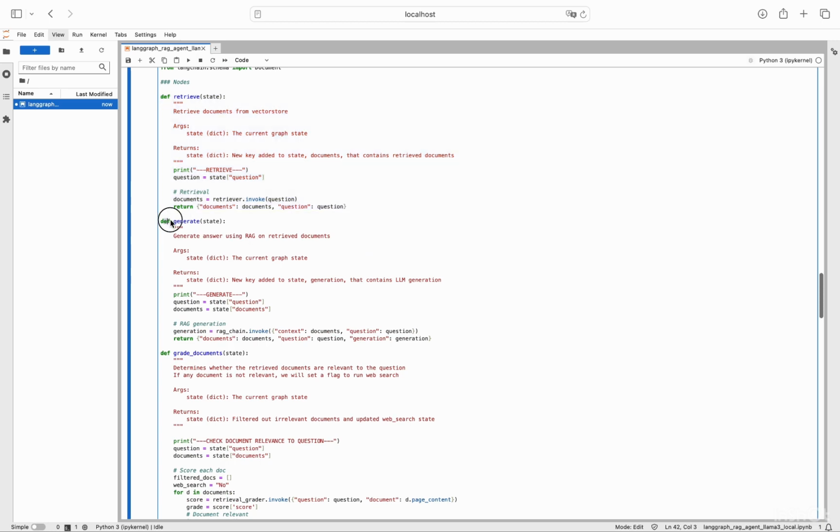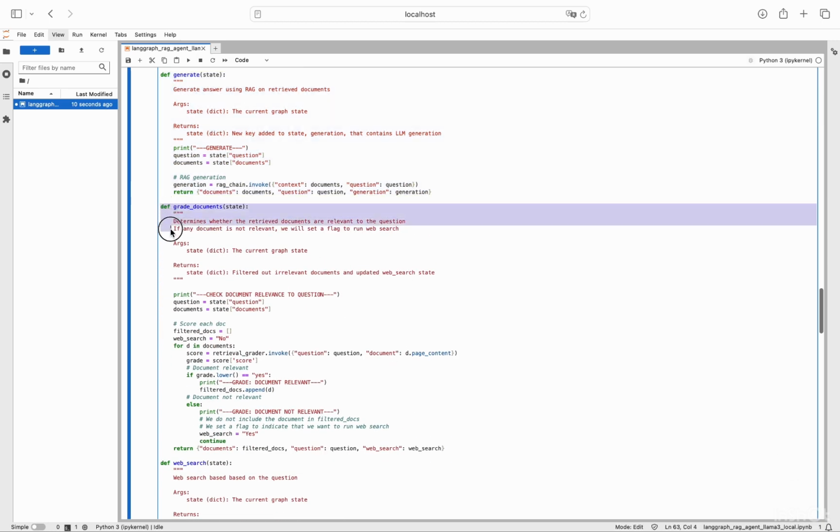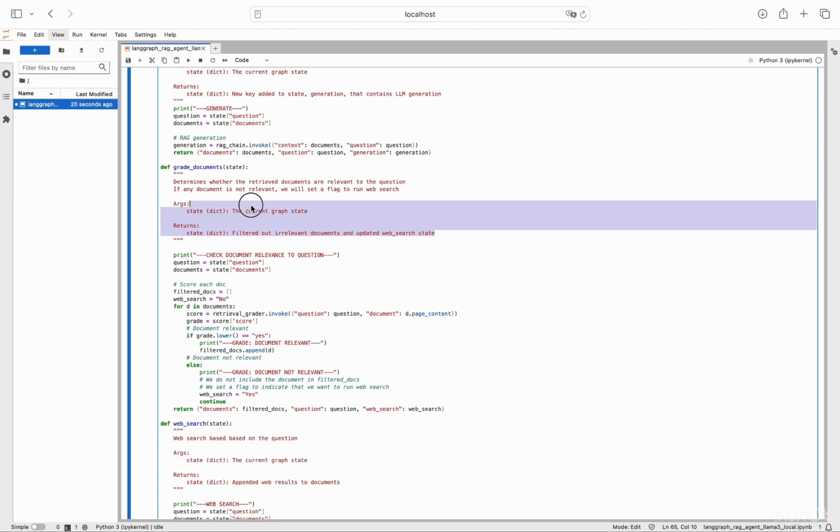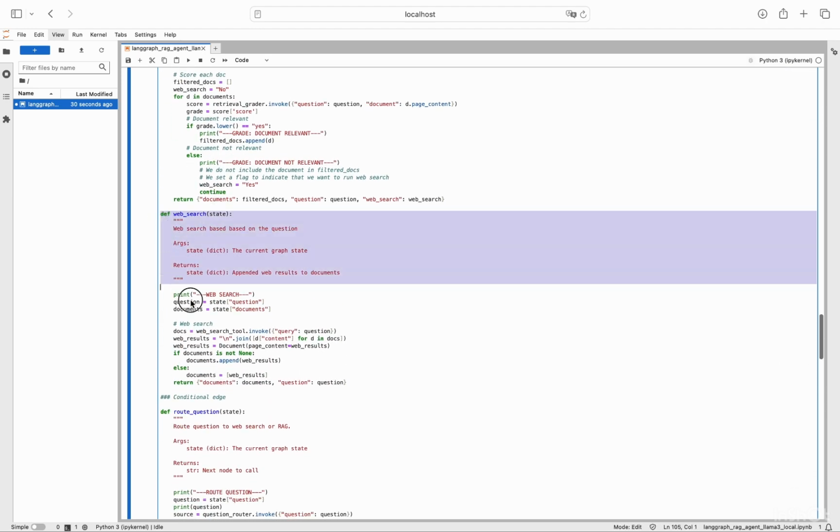We have the generate, we have the grader doing the grade. And remember, we are calling all the functions that we have defined previously and doing some invoking for the grade and printing some yes, no, document relevant. We're going to see all this, and it's provided with the explanation. So nothing new here. Then we have the web search, of course,